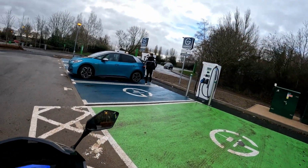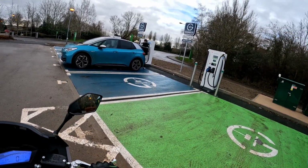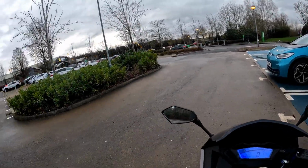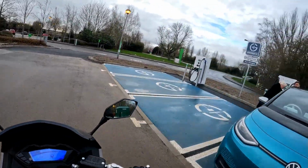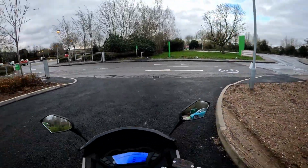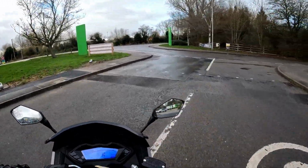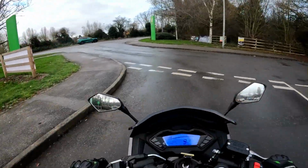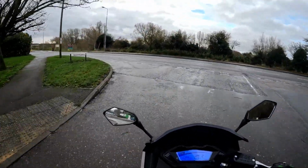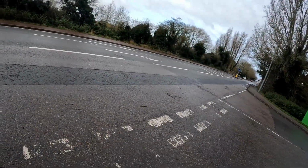But that is the new electric parking place for all your electric bikes and your cars, and you can charge it on a debit card, or if you happen to have a GridServe app, you can log on using their app and charge your electric car, which is a great idea. Electric is going to be the future, but I will stay on petrol for the moment. I like the sound of an engine. Now, can I charge a Cypher off of one of those? No, because you have to use a 240 volt socket, but if you've got something like a Zero,